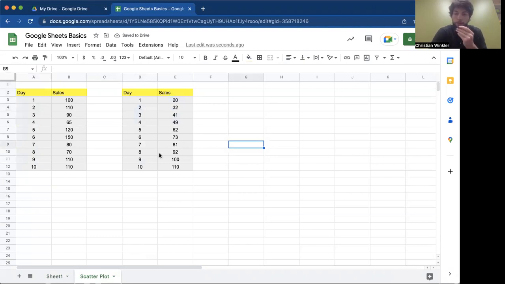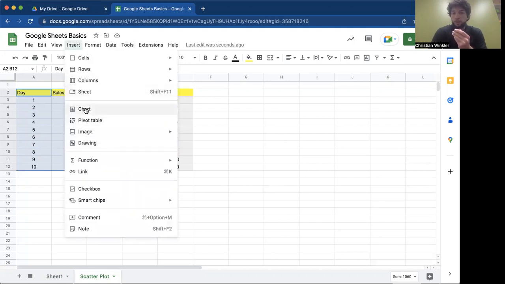And what I'm going to do now is show you how to insert a scatter plot. So a scatter plot is good when you have a lot of different values and you just want to plot X and Y values to see where they fall, right? You'll see this a lot in scientific type contexts. So just select all the data, insert chart,